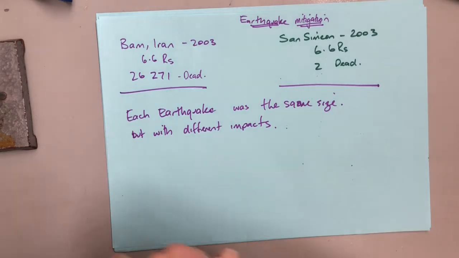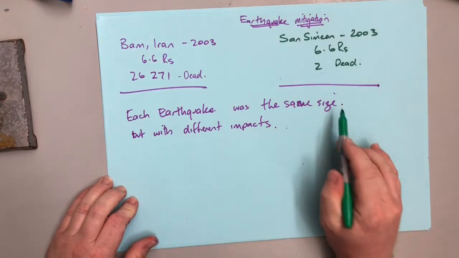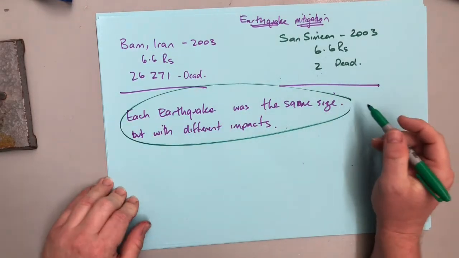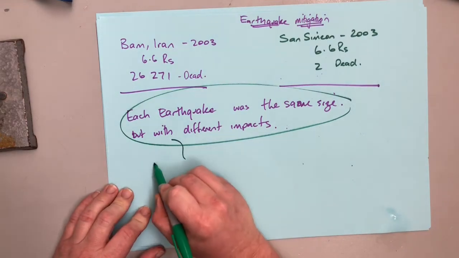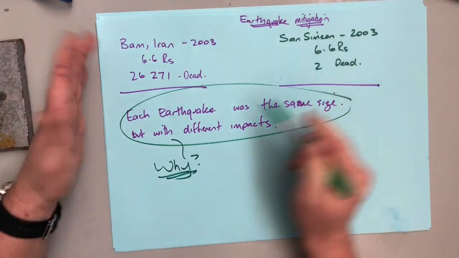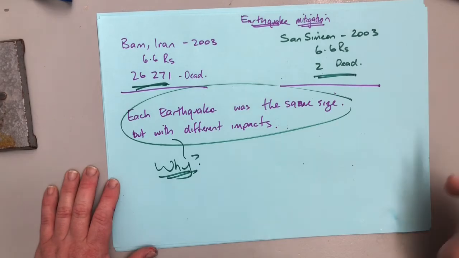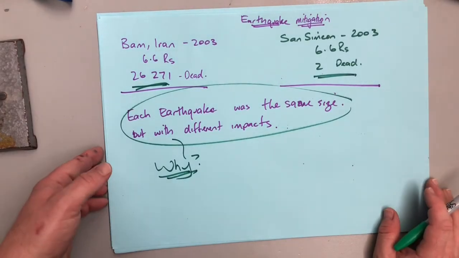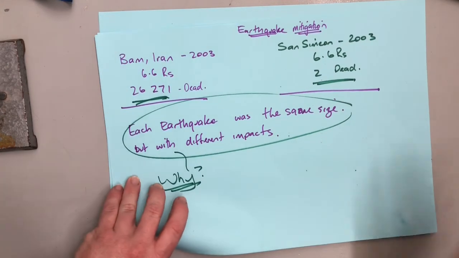I'm going to get you to look at these 2 earthquakes and we want to answer the question why. Why was there such a difference between the amount of people that died at both earthquakes? All right, now let's move on to the next part of our lesson,